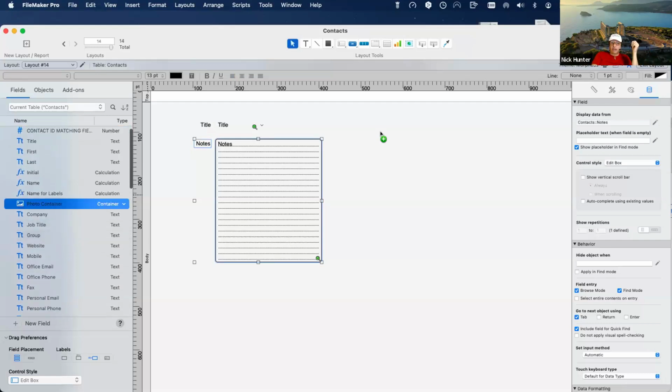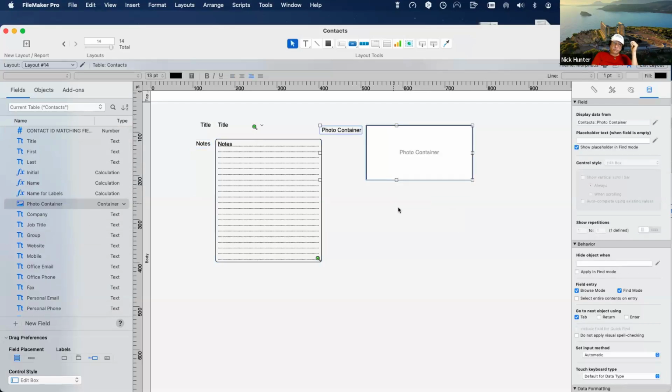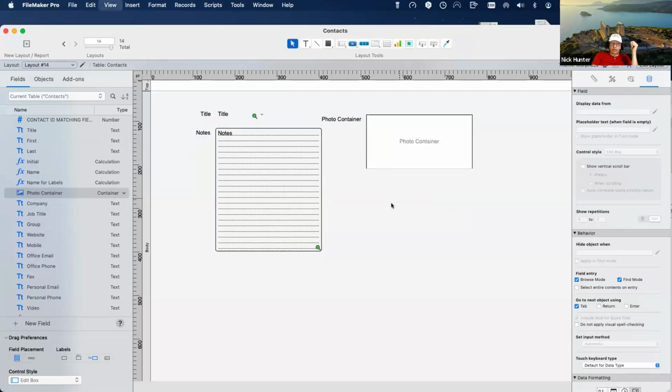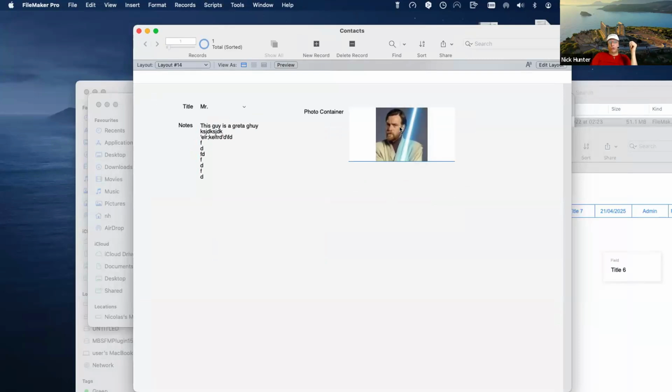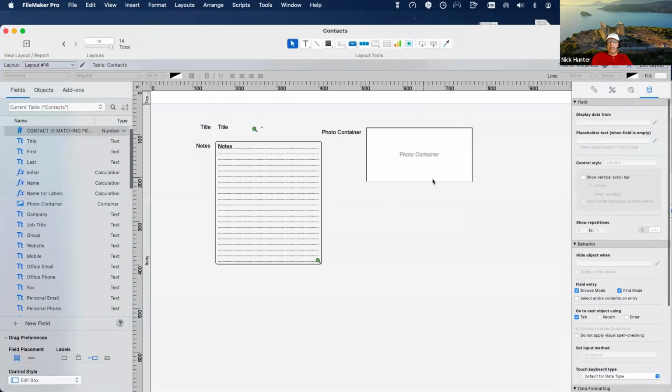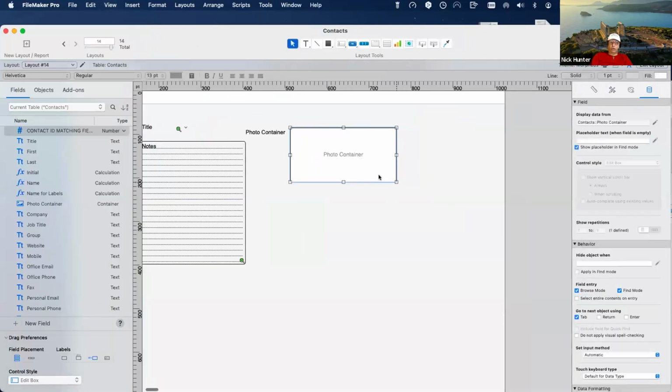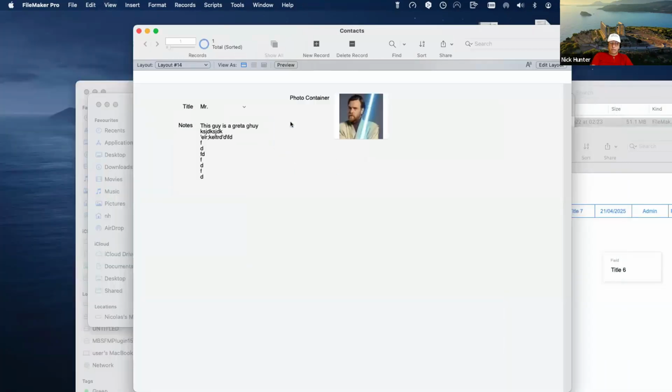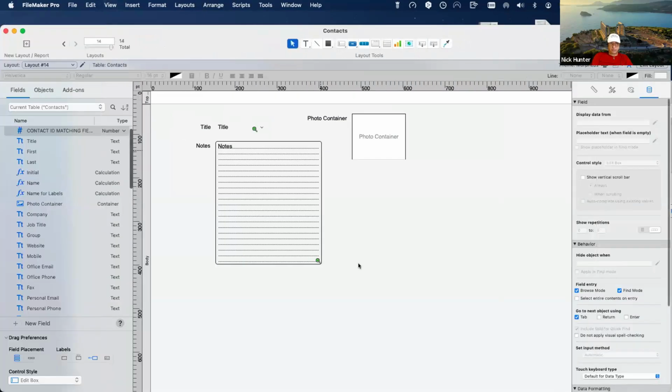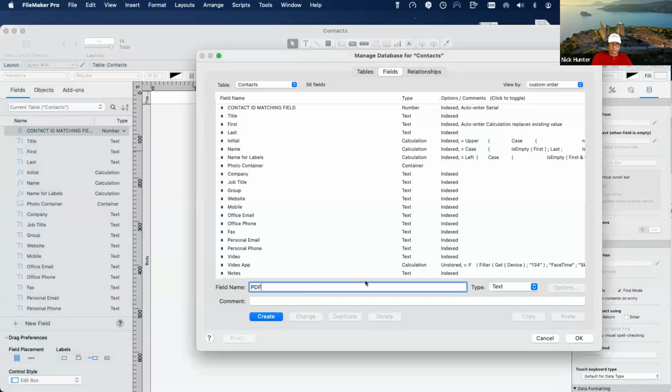What about a container, right? What about a container? So if it's a picture like this, well, maybe it's big like this. But what about if it's a PDF? Do I want a PDF small like this? Because this is a photo, right? But if I put a PDF,